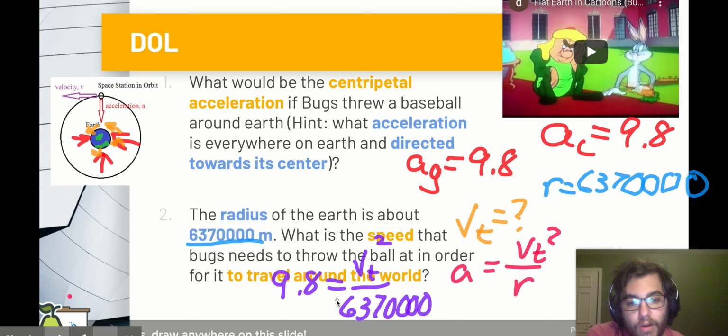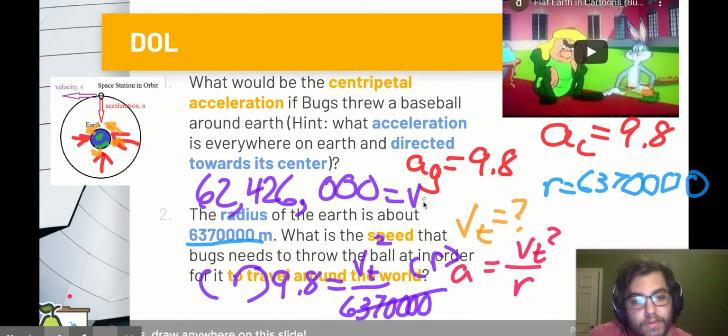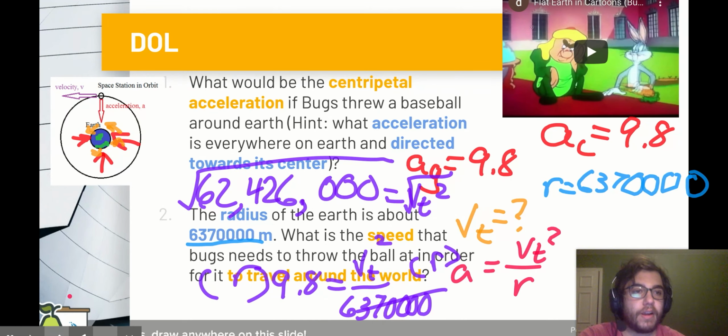So 9.8 equals VT squared over 6,370,000. All right. In order to get VT alone, I've got to multiply by the 6,370,000. I don't want to rewrite it, so I'm just going to say it's R, R. Cool. So then I have 9.8 times 6,370,000, which is 62,426,000. That's it. No other things. Is equal to VT squared. All right. In order to solve for VT, we just have to square root both sides, and we get our answer equal to